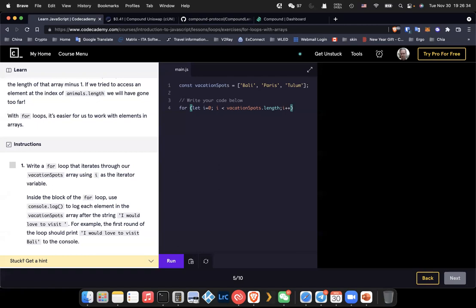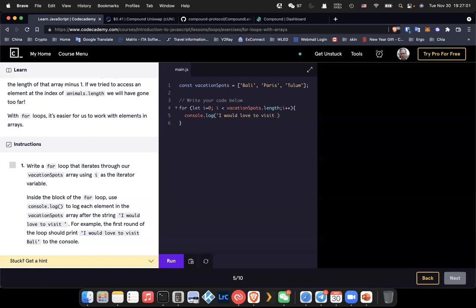Now, we've completed our for loop. We just have to say, what do you want to do each time you run this for loop? We put the curly brackets down, and now we start to declare in this block what you want to do. It's telling us we're supposed to print things out, console.log, and it's saying we should print out a string,